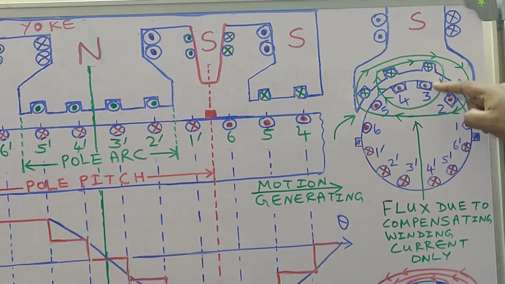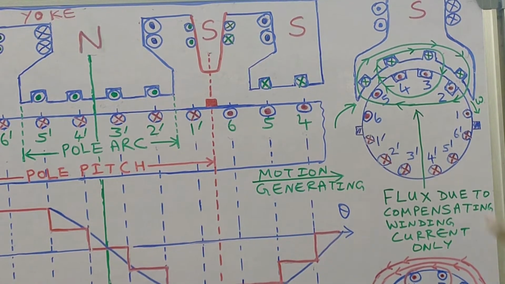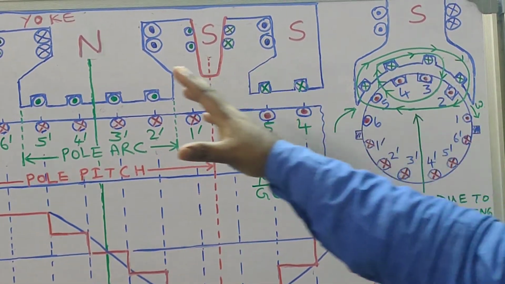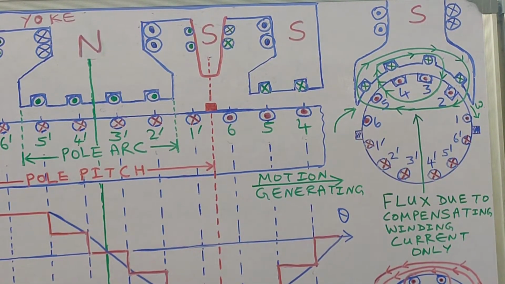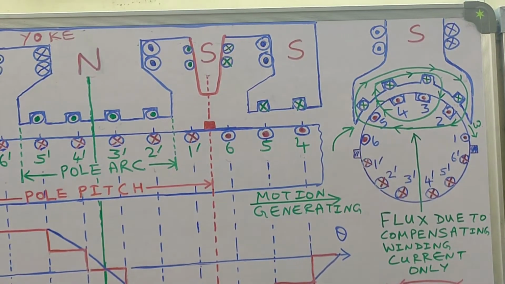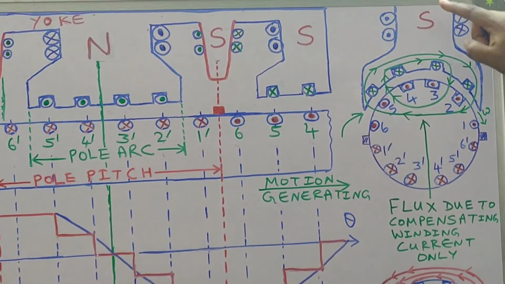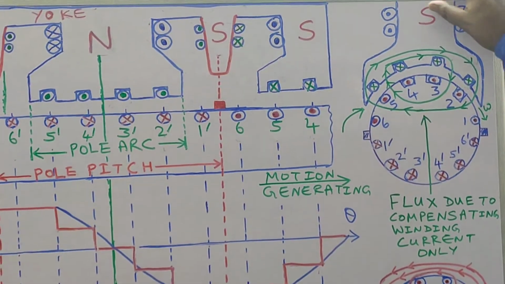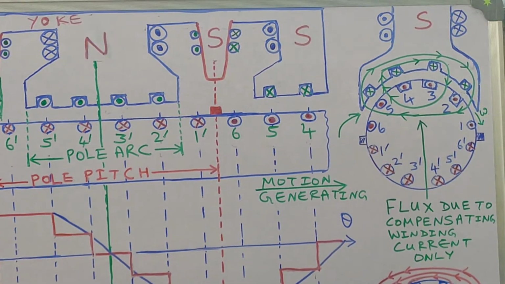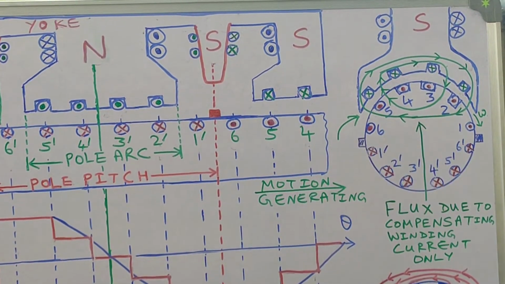So if this is cross, it is dot. Now, what is the reason for drawing this diagram separately once I have drawn the developed view? The thing is that I want to demonstrate that for taking the developed view, we should start from the pole center. That means this developed view has started from the pole center.